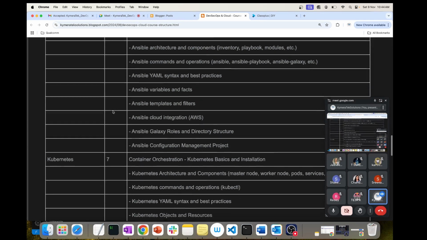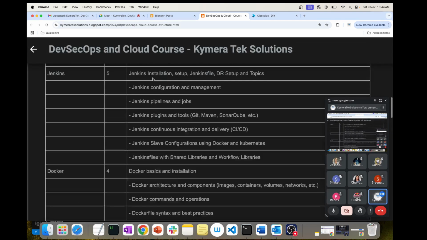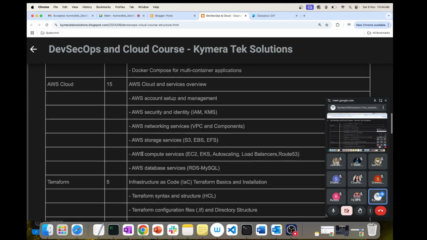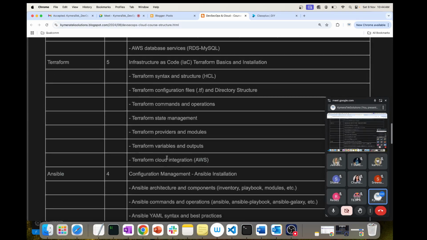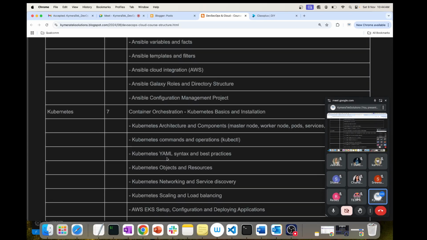Okay, so then we have Kubernetes. Kubernetes is in continuation with Docker that I've talked about. Kubernetes is a container orchestration tool. Docker can handle like 5 to 10 containers or 50 containers, 100 containers max. But if you are going for a microservice based architecture, Docker alone is not sufficient to manage that many containers. So that's where we go for Kubernetes. Kubernetes is a container orchestration tool where we deploy our application and expose it from the Kubernetes clusters.